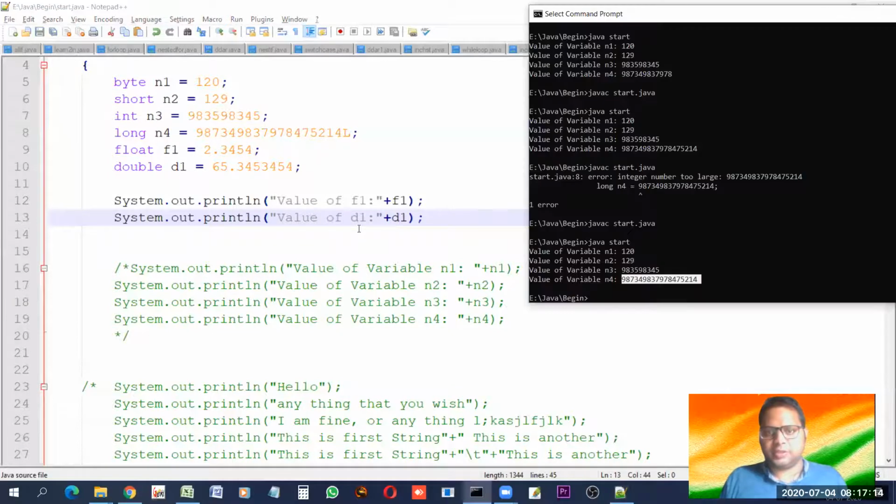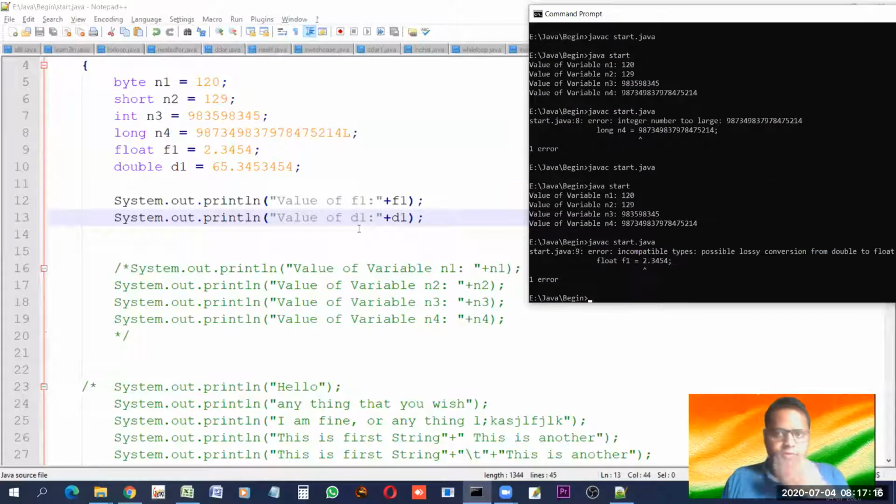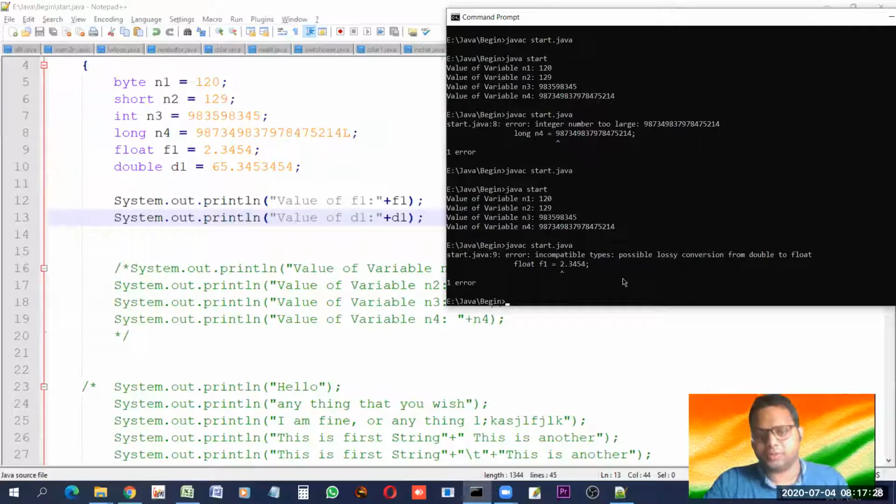Now press Ctrl S, then go back, press the up arrow to see. Now here also you'll see something like this. So we need to learn how to handle such situations. Okay, incompatible types, possibly lossy conversion from double to float.